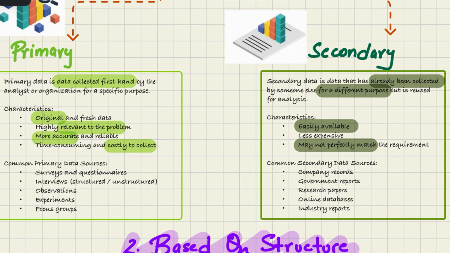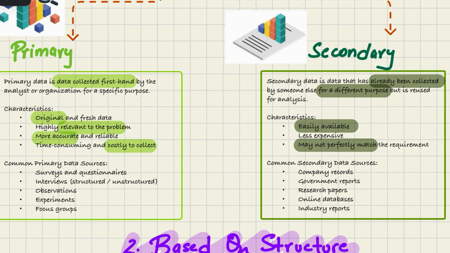Primary data is first-hand data that is collected by the analyst for a specific purpose. It is fresh, highly accurate and custom tailored, but at the same time it is costly and time consuming as well, right? Custom surveys and direct focus groups can be time consuming, whereas we have secondary data, where there is pre-existing